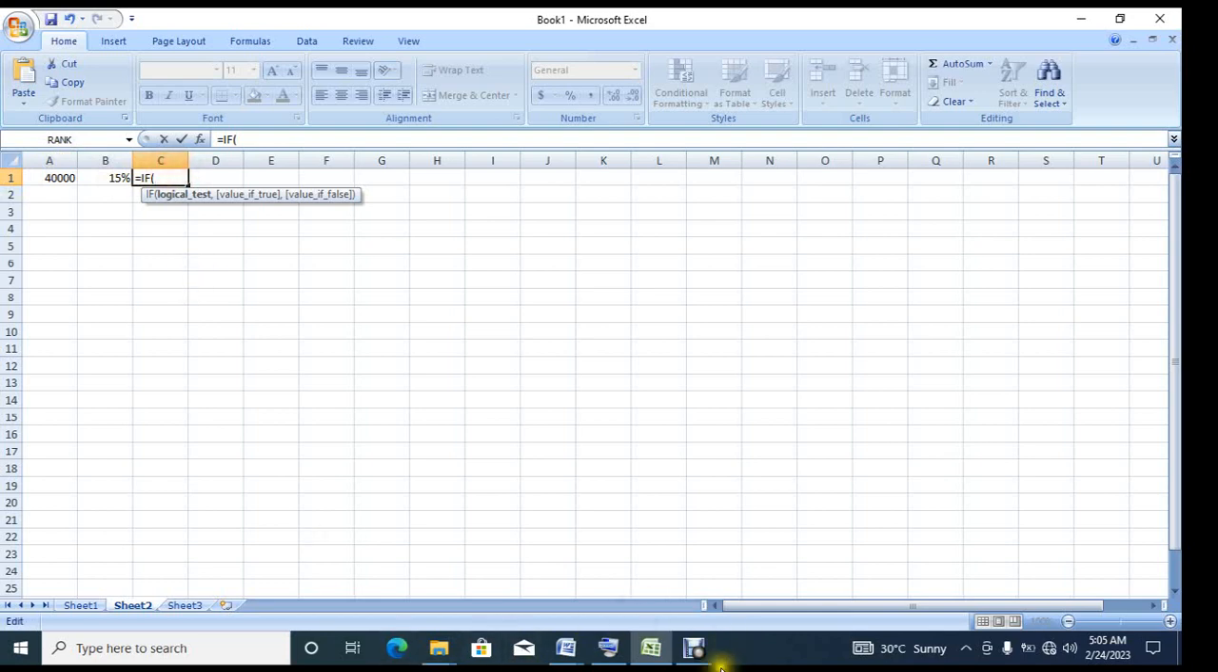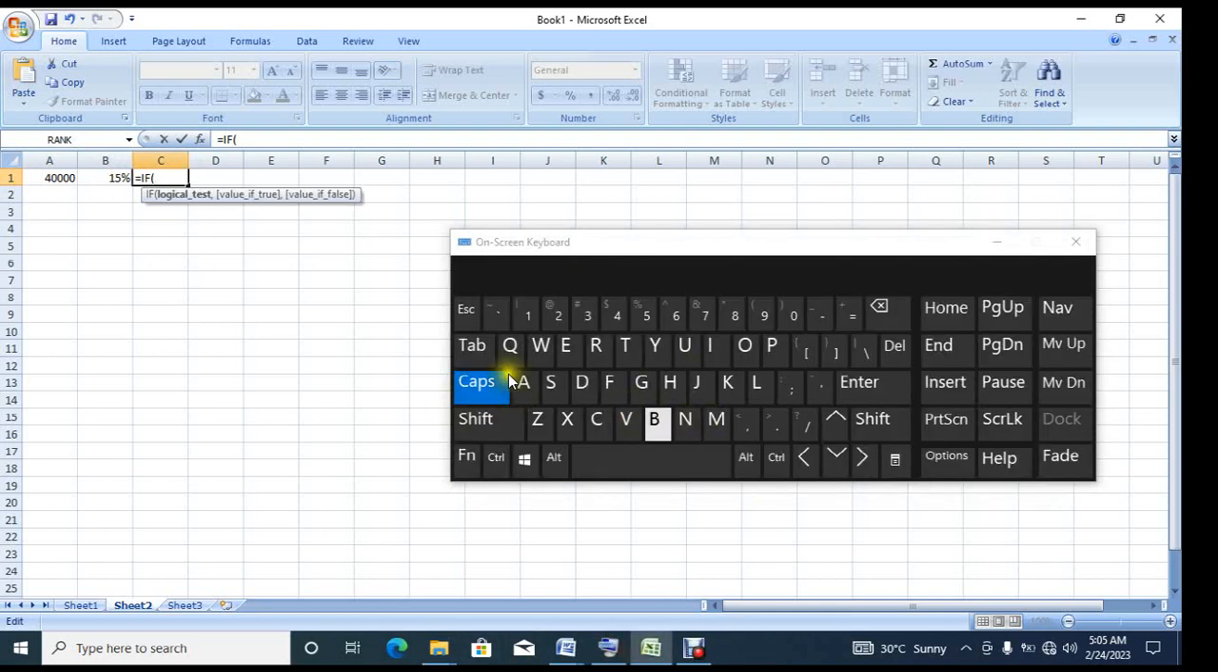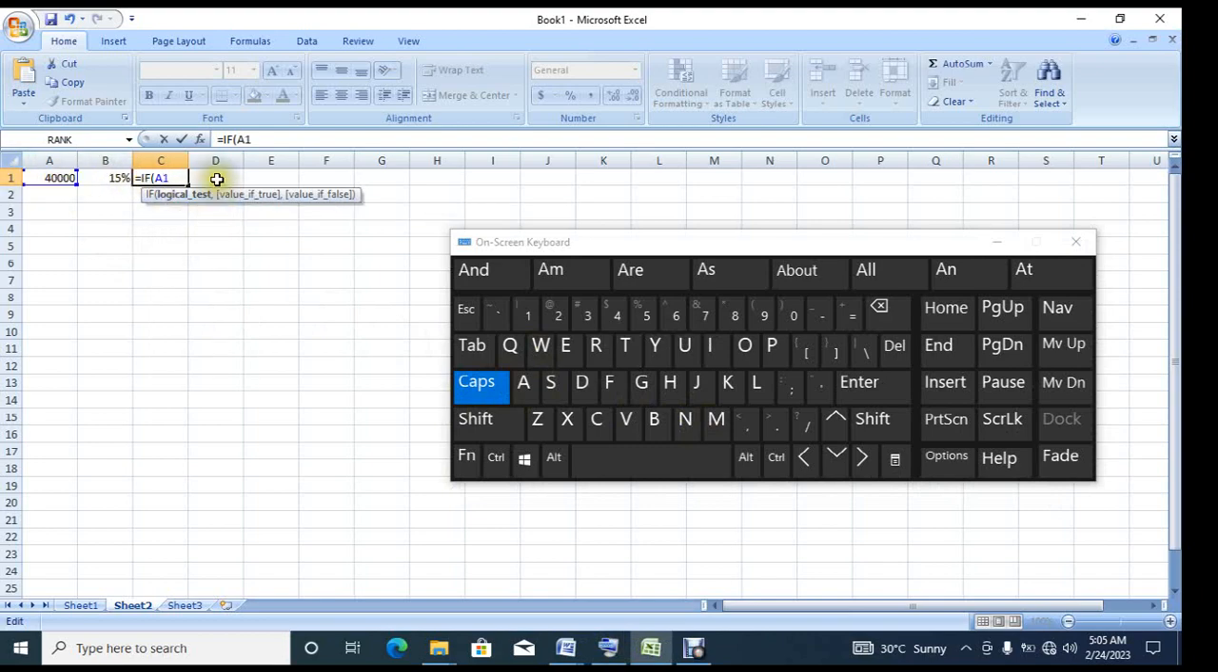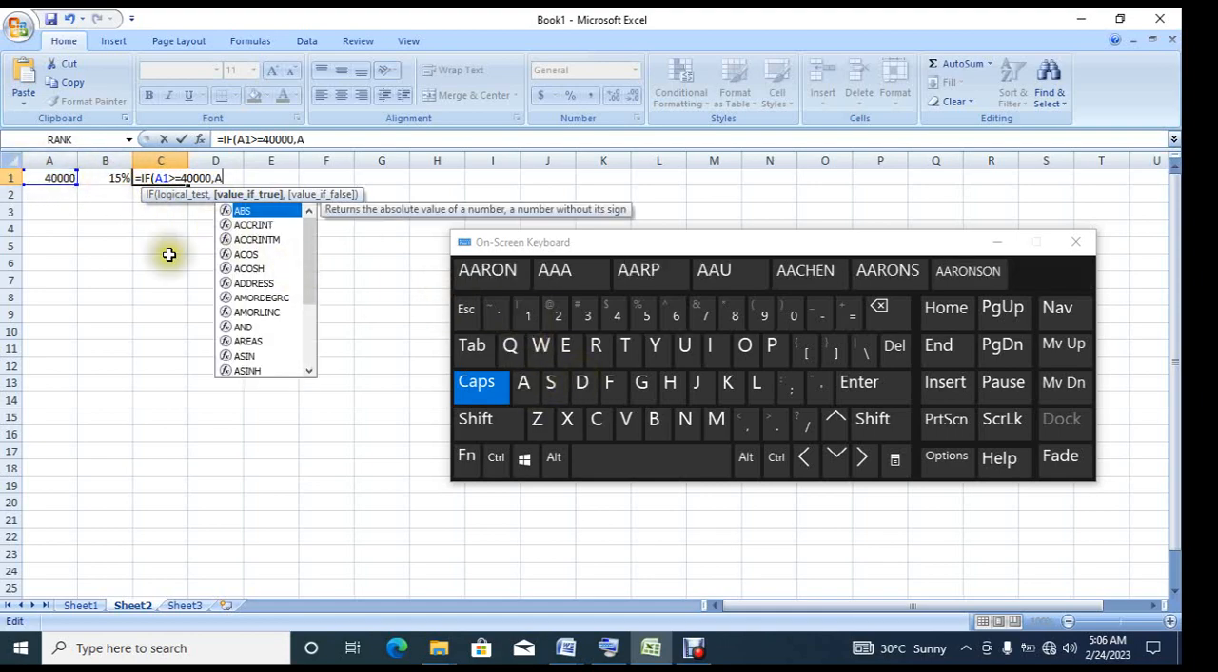Then have that A, now the row as 1, right? So greater than or equal to the amount that you use to buy the products, that is 40,000. Then after that comma, put again the column, that is column A, then row 1,